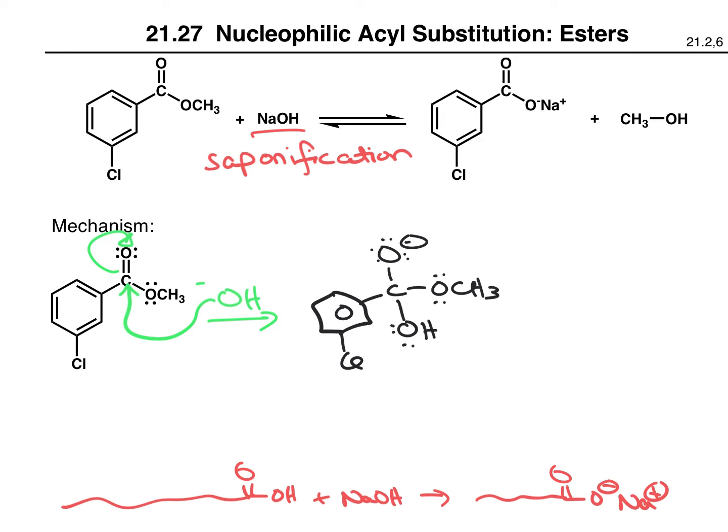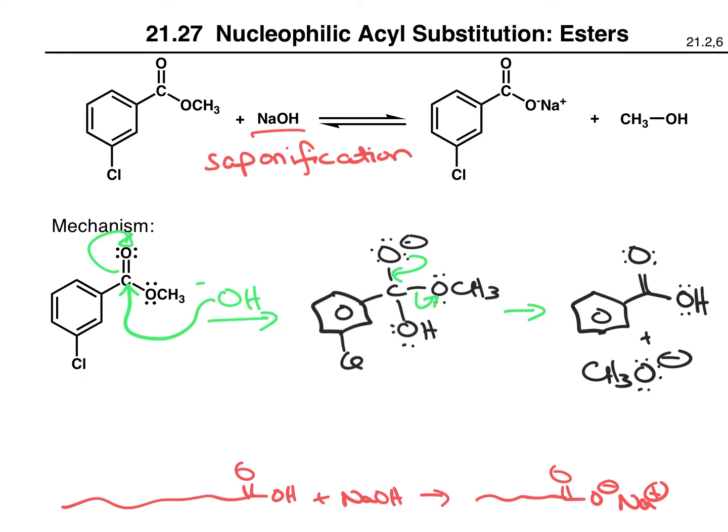Next, these electrons can fold back in, and if the hydroxide is kicked out, then we're just coming back here. That's going to happen. But if the methoxide is kicked out, then we get something new, which is this plus